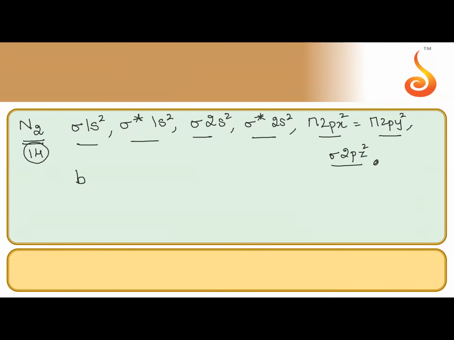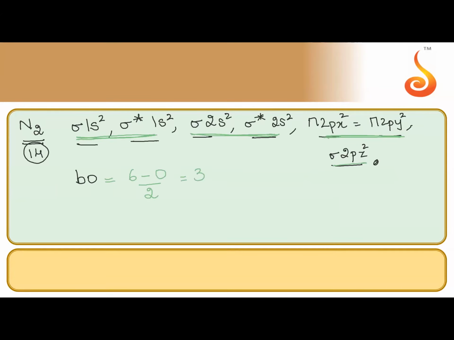Calculate the bond order now. When you're calculating bond order, you can cancel if they have equivalent bonding and anti-bonding. This and this you can cancel. This and this you can cancel. Or you count the total, whichever is easy and clear for you, you follow that. So actually, how many electrons are remaining in bonding orbitals? 6. And are there any in anti-bonding? No. 6 minus 0, divided by 2. So are you getting bond order 3?